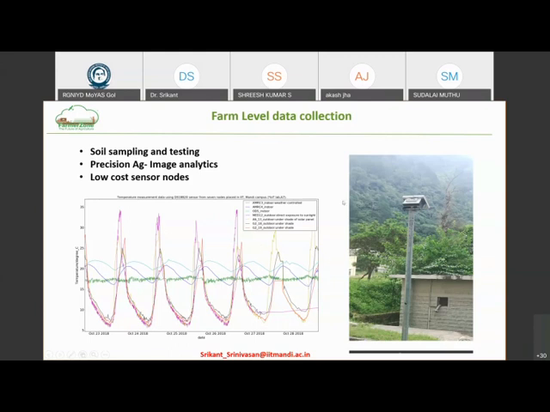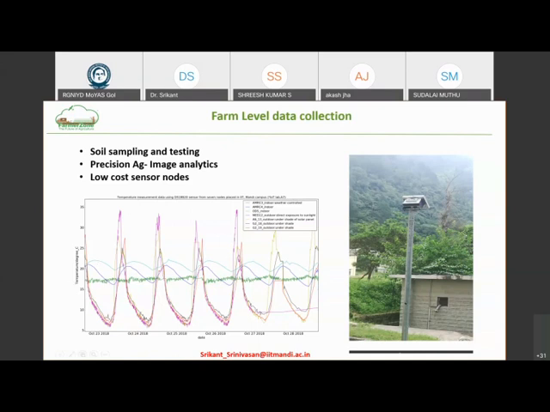And we did a case study. So we developed these low-cost weather stations ourselves at IIT Mandi. These are solar powered. So there is no need of cables, and this is very important for agriculture because you cannot have cables lying in the ground because they will get cut or can hurt somebody. So we have a completely standalone solar powered weather station, and it picks up data and then transmits it wirelessly. So we put some of these weather stations around the IIT Mandi campus within a 3-kilometer area because we are in a hilly terrain. So we wanted to see within these different regions how much is the spatial variation.